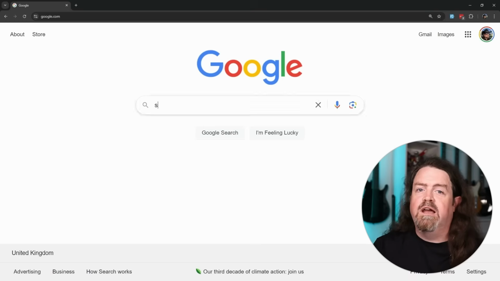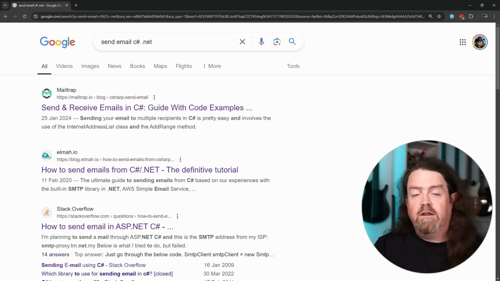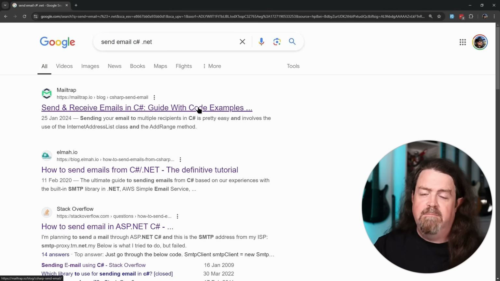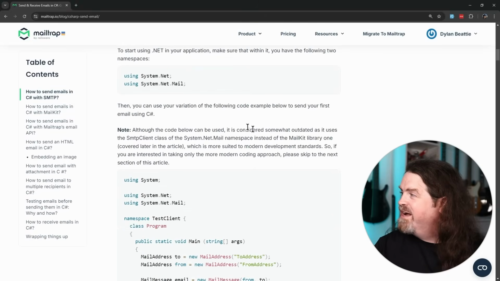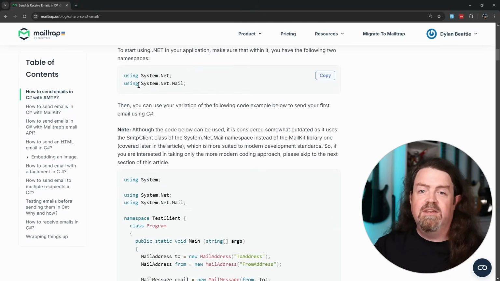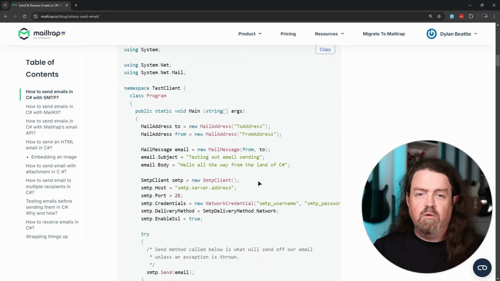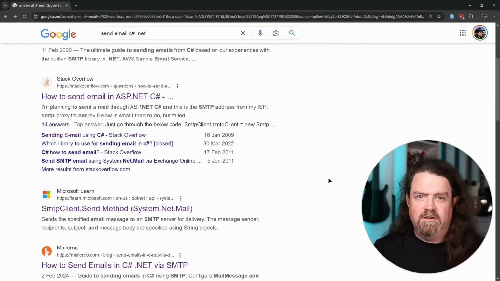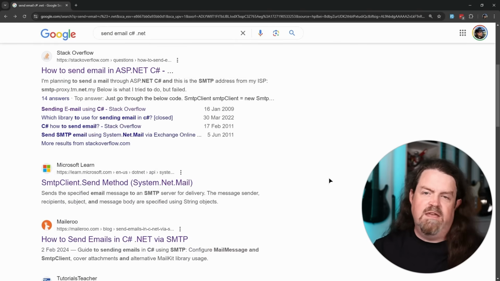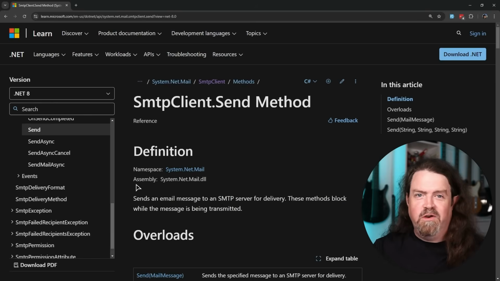Now, if you go online and you search for send email C#.NET, you'll find lots of very helpful articles, and many of those end up talking about a namespace called system.net.mail and a class called SMTP client. SMTP client ships with every version of .NET since 2.0. It is still there today, and if you're looking for a quick and dirty solution that doesn't install any libraries, it works just fine. The world has moved on since .NET 2.0, though,